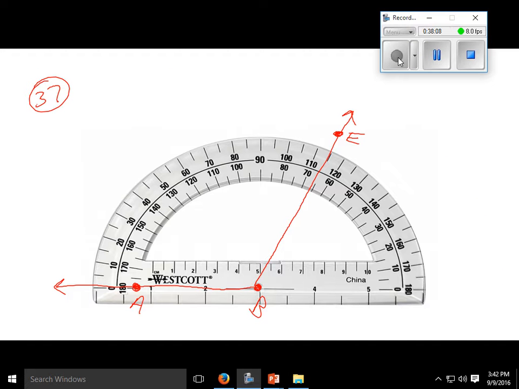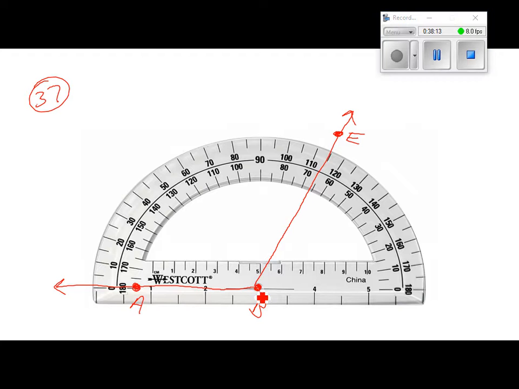Problem 37, they wanted to use the protractor to measure angle ABE. Hardest part here is probably splitting it off, and I've drawn angle ABE without all the other angles on there. You got to remember to look at your angle. This one looks like it's going to be an obtuse angle, so I got to come up with a measure